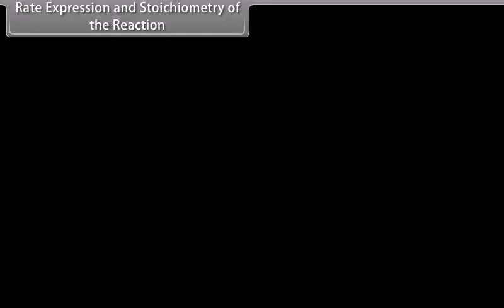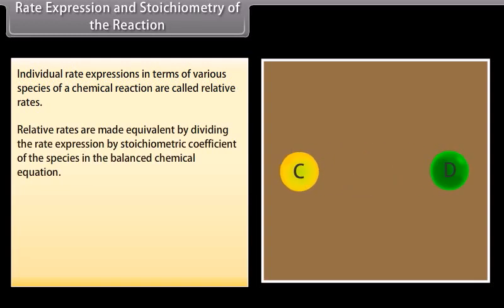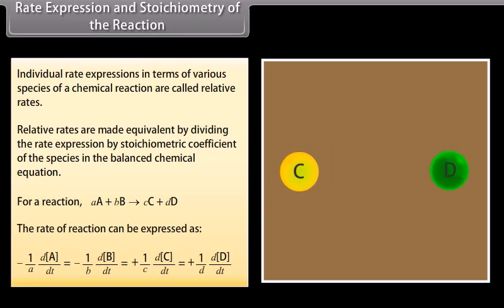Rate expression and stoichiometry of the reaction. Individual rate expressions in terms of various species of a chemical reaction are called relative rates. Relative rates are made equivalent by dividing the rate expression by stoichiometric coefficient of the species in the balanced chemical equation. For a reaction, small a, capital A, plus small b, capital B, makes small c, capital C, plus small d, capital D, the rate of a reaction can be expressed as